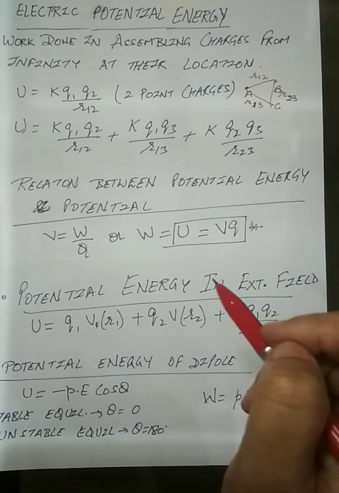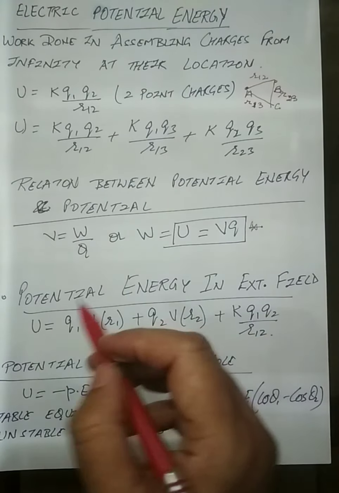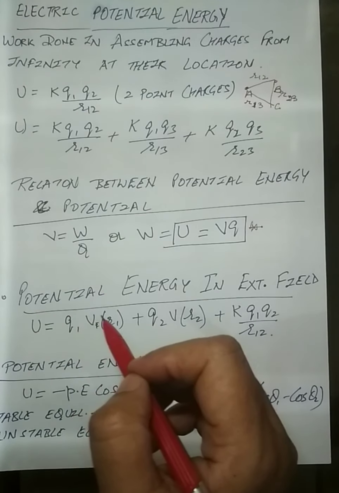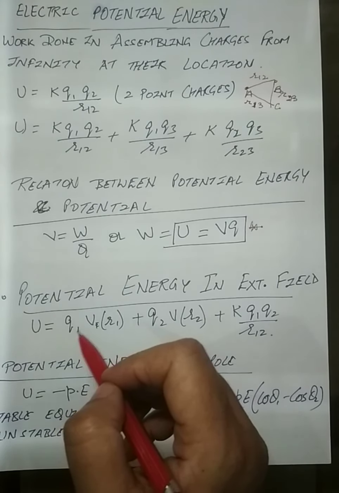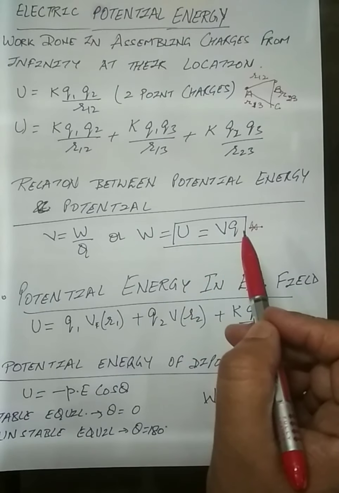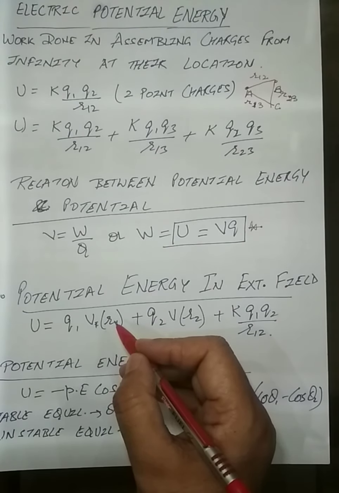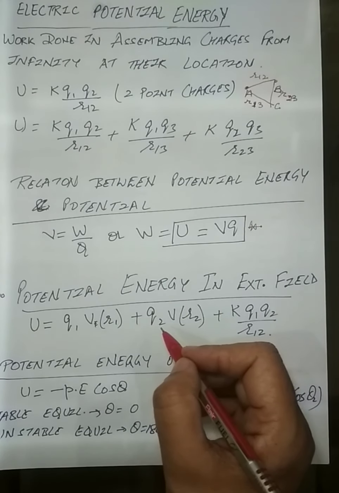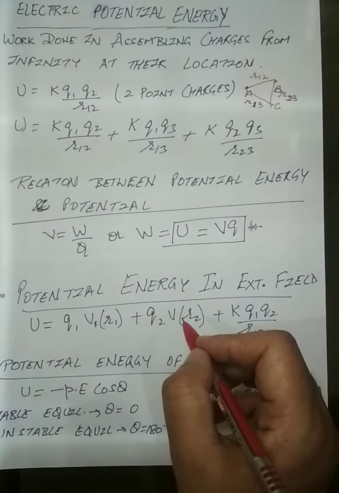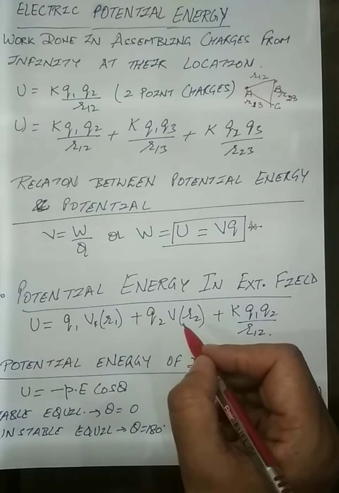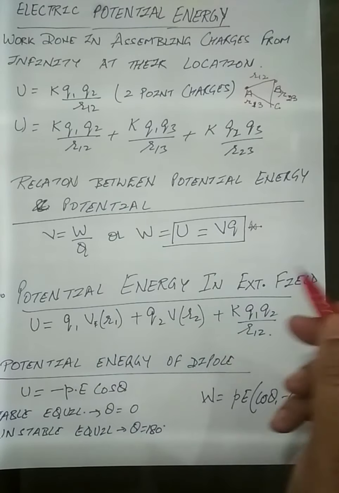So this is the difference in this formula when you are learning this. Potential energy will be Q1 into V(r1). That is, this is the formula, basic potential energy is V into Q. So Q1 into the potential at that point, then plus Q2 into the potential at that point. These 2 terms will be the terms due to the external field.